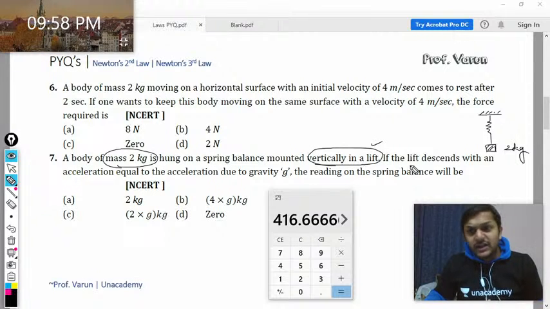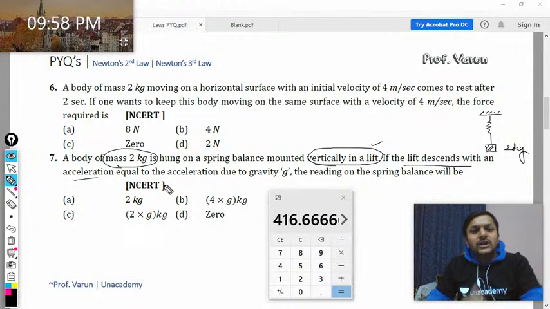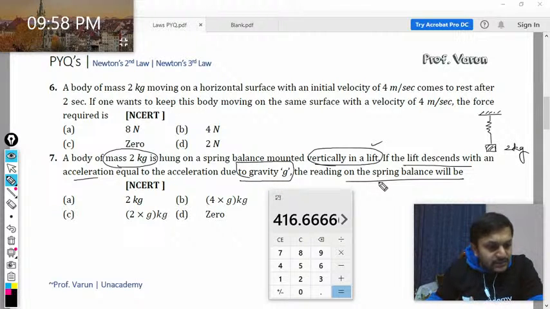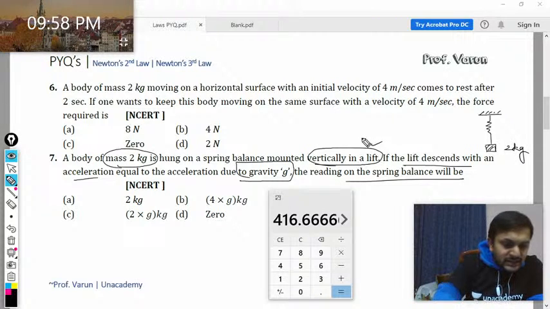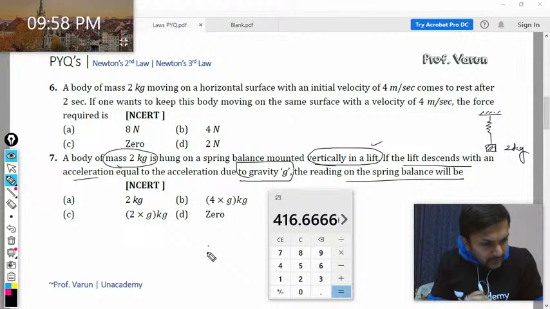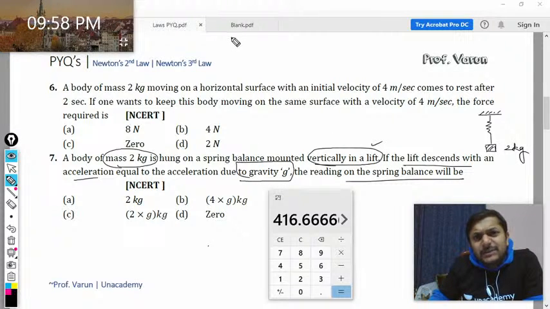And it is a lift. Now if the lift descends with an acceleration moving downward equal to the acceleration of gravity g, the reading will be, well dear students, I expect you to provide me with the answer here in this question number 7, but there is a delay in my video, so I cannot wait for the correct options. Anyways, okay. So my dear students, this is a typical case of